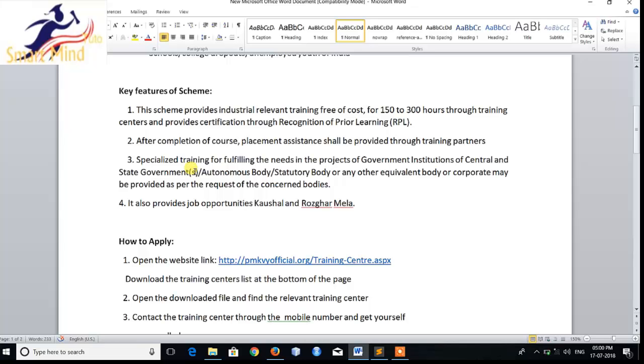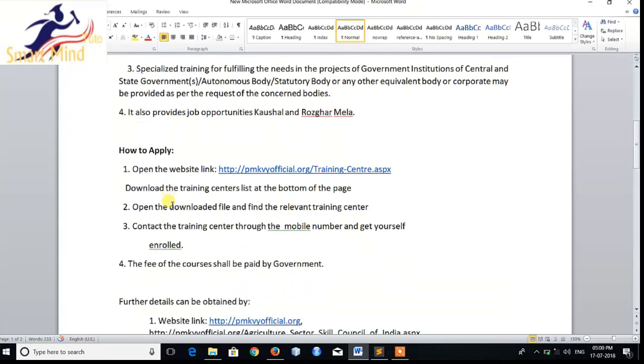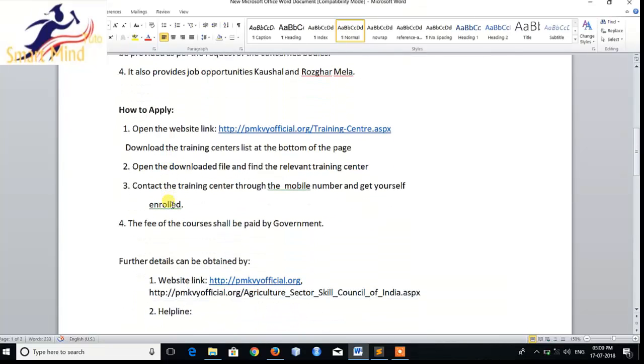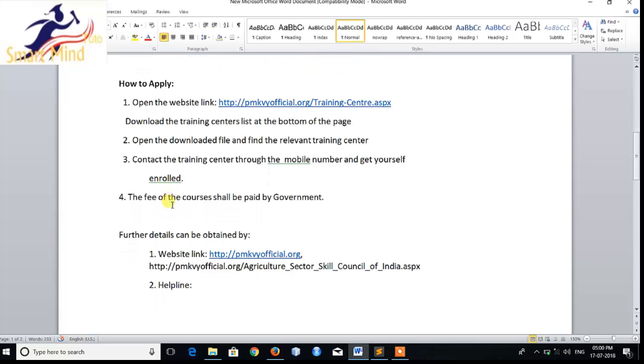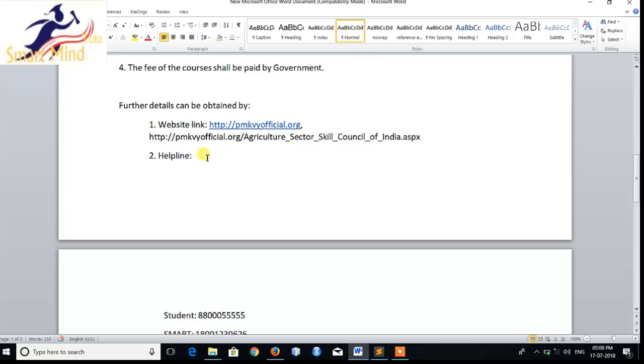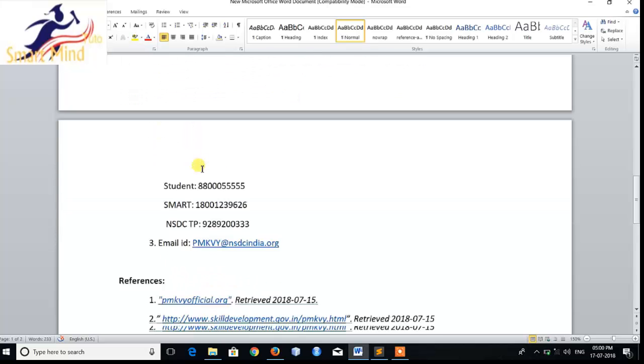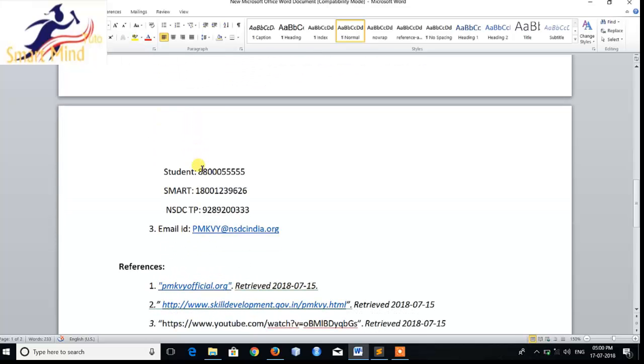After that, how to apply, the complete details, who is eligible, the complete details you need to provide, and the links of the website for this scheme also you need to provide. After that, the official website also, and if there are any helplines and email IDs,